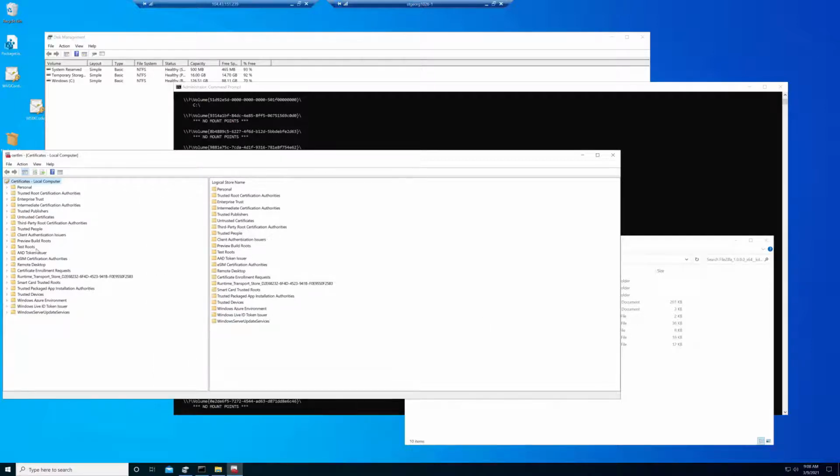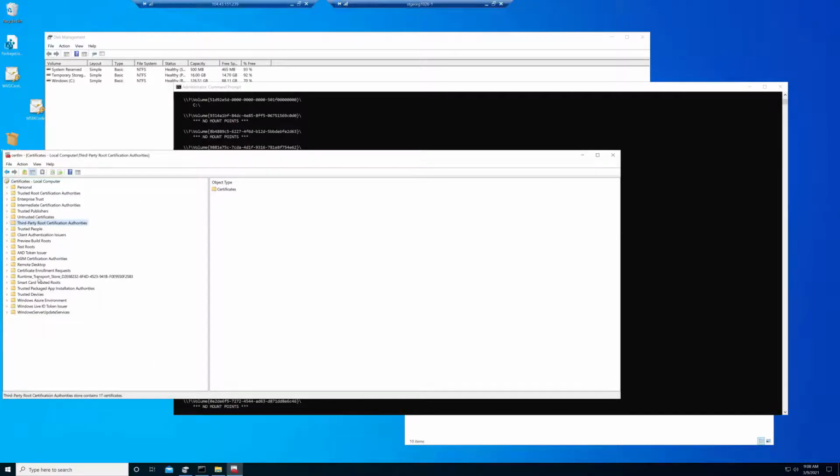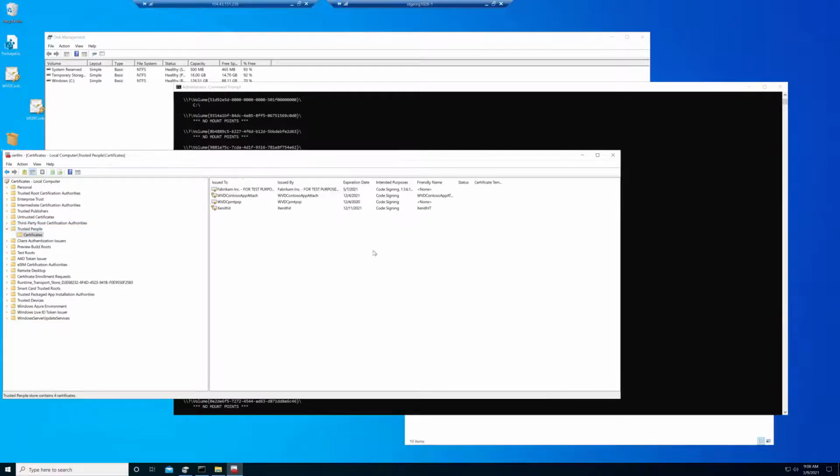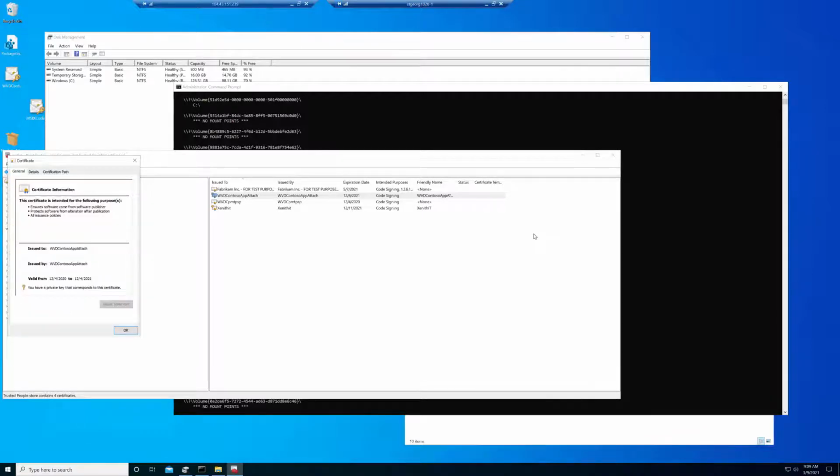And eventually it cleared out. So if you go into the trusted people, here it is, WD Cantoso App Attach. That's the one that I've been using lately because it expires in December. Okay, so we talked about expanding, we talked about the file share, we talked about the certificates, we added our package to the host pool,